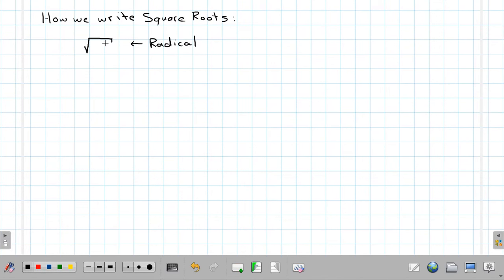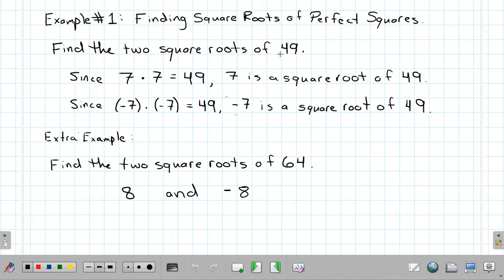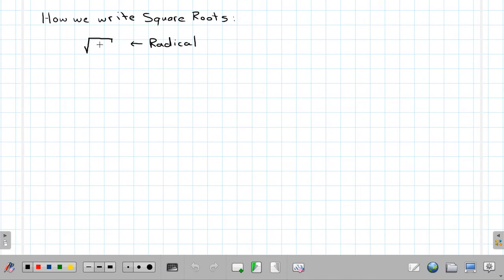Okay. And what this signifies to you is that whatever number is on the inside of the radical, like the 49 and the 64 over here, means we are going to take the square root of that number. But like I said, we've got two different square roots we can possibly have with positive numbers, so we actually have different ways of writing those. So if we specifically wanted the positive square root,